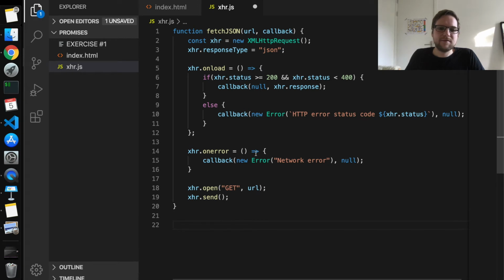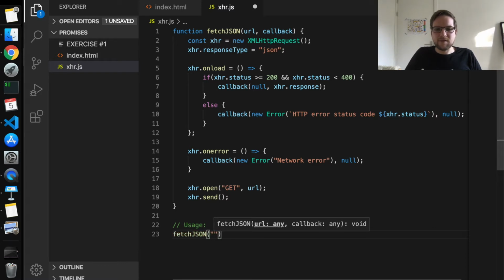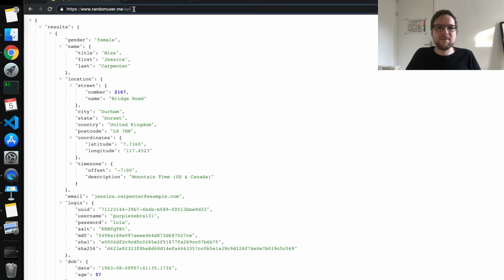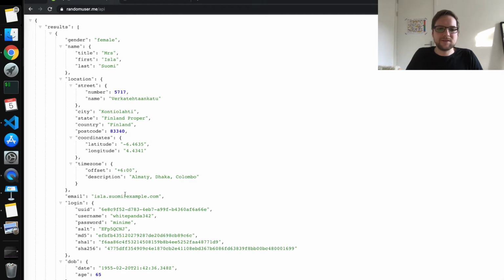Maybe it will be easier if I just show you how to use it, instead of deep diving into the code itself. For usage, we just want to call the function with the URL here. And in this exercise, we're going to use the random user API. This is a really simple API that when you call it, you just get a large JSON of a random person, a random name, random address, random email. And every time you refresh the page, you're going to get a new random person. So I'm going to use this one